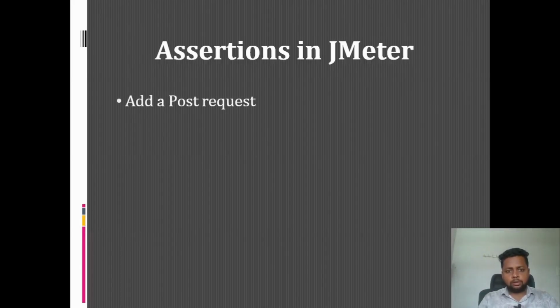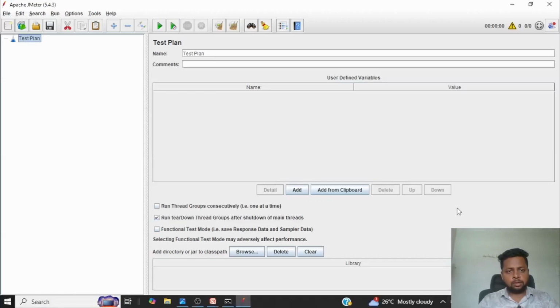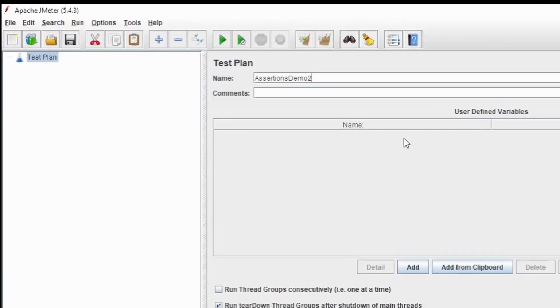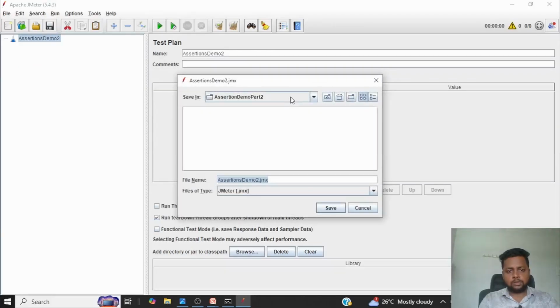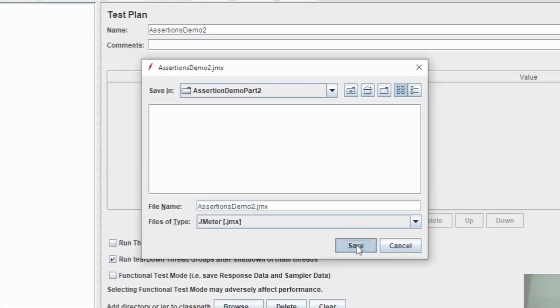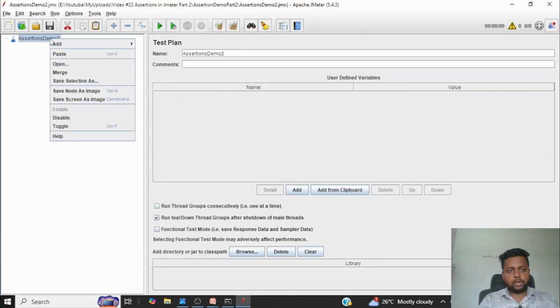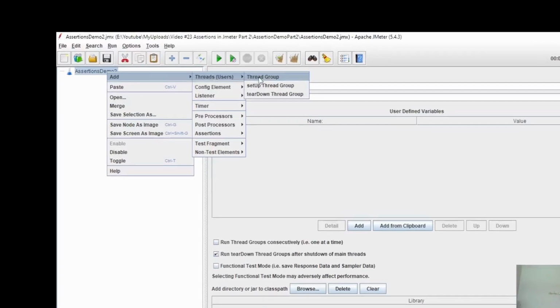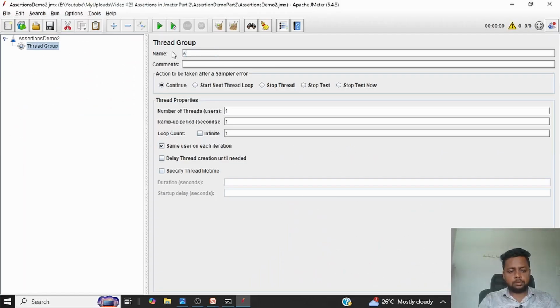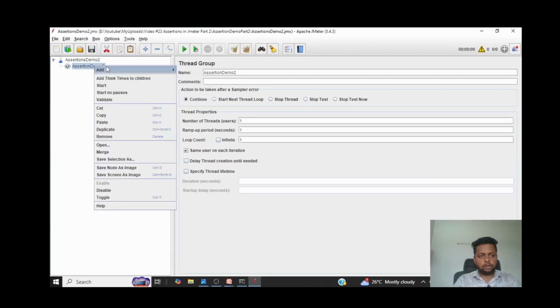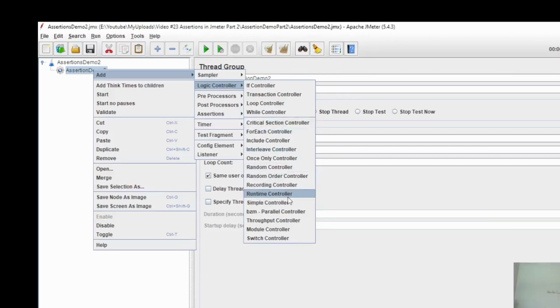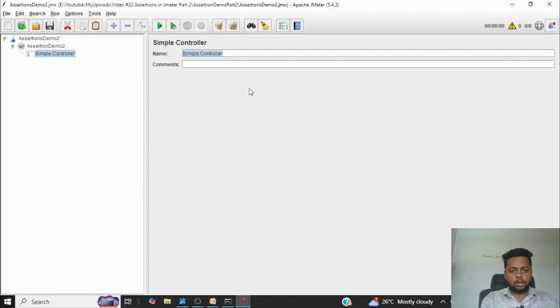Let me first create a POST request in JMeter. I've already opened JMeter here. Let me name the test plan as assertions demo 2. Control S will save this test plan as a .jmx file. Click on save. Right click on test plan and add a thread group. Rename the thread group as assertions demo 2 and save. Right click on thread group, add a simple controller. Name it high level verification of patient details,